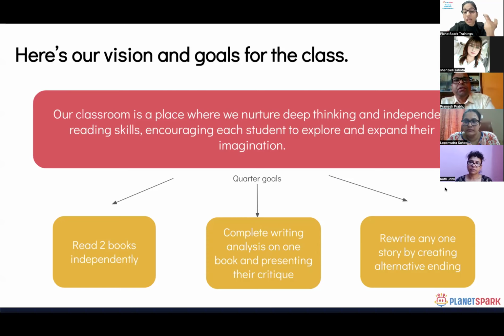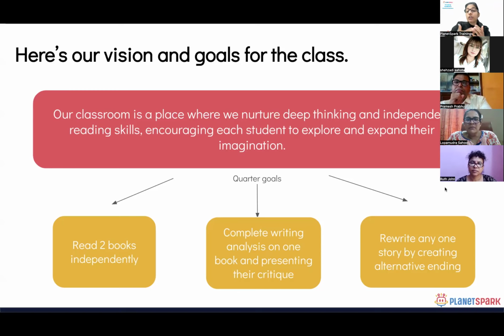If they know that a route to go from A to B is a train, then they're not able to think that maybe they can also fly there. Maybe they can take a bus. Maybe they can take a car. I know it's a very random example, but I'm just sharing that they are not able to think more. They are not able to imagine different scenarios. So this was the current reality which I want to shift, and from there I created the vision for my class.